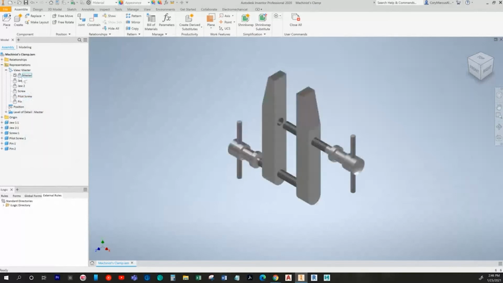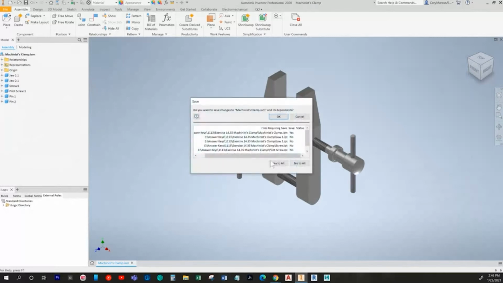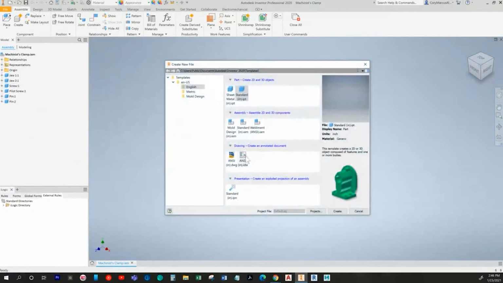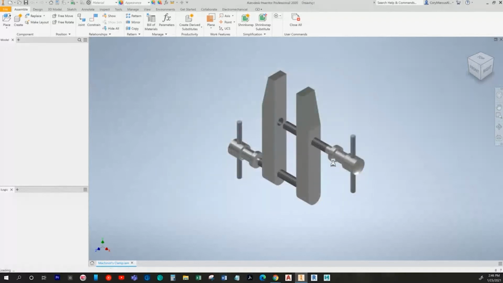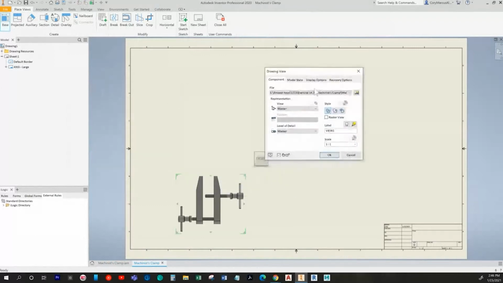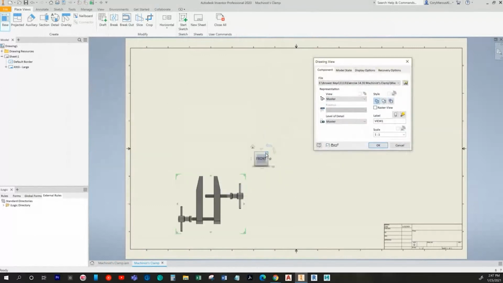So when you're done, go back to master and save it. That way you have those view reps for later. Now here is where the fun is. So we'll do the detail drawing first. But basically you're going to have your traditional isometric view and any dimensions you may want you could have in